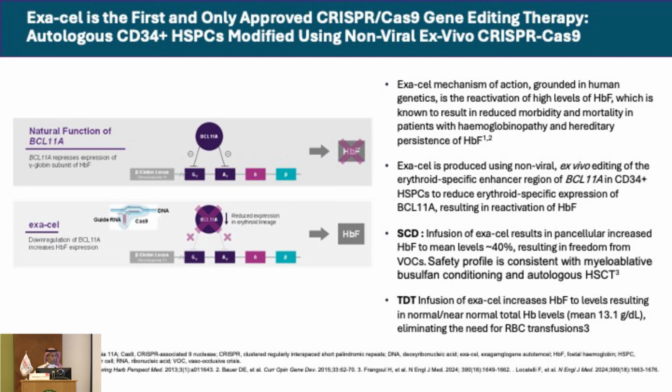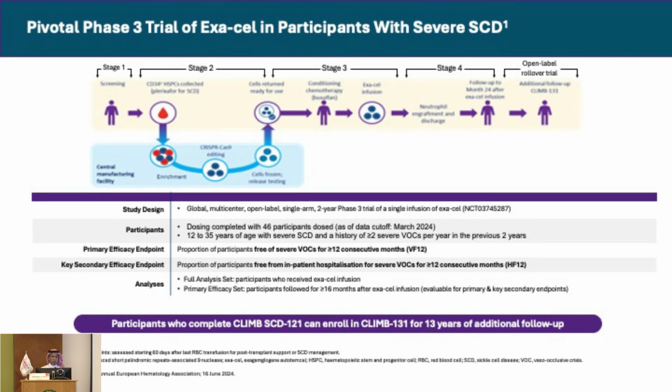you are resembling a phenomenon that we see in hereditary persistent fetal hemoglobin, and that is seen when patients with sickle cell have high hemoglobin F, they're asymptomatic. So with that, this proved to be effective in these patients. Similarly to what I mentioned to you, the way of collecting the stem cells and treating them, here in how to introduce the CRISPR-Cas is through electroporation to create an electric gradient that internalizes these products in the cells.